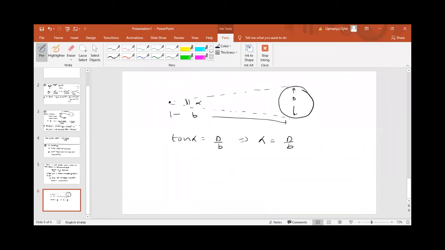Now, parallax means, I think, if you have ever traveled in a train or something, you have seen that whenever the train is traveling like this, okay, and you look outside the window, fine, you will